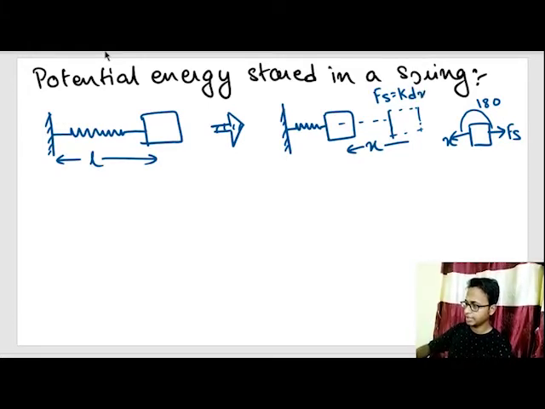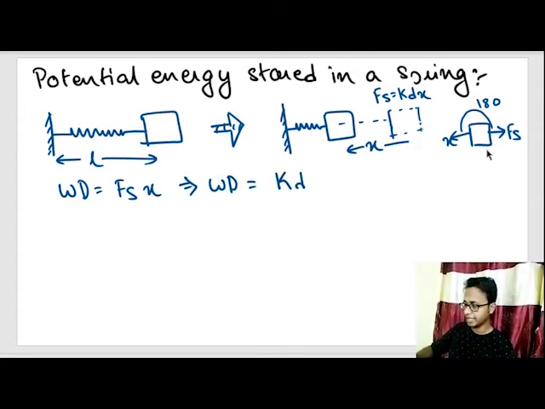K dx. As I move the spring a little bit towards left, the force changes. Therefore, intuitively, by now we know that work done is equal to force of spring into x. We have to integrate this, or work done is equal to Fs substituted by k dx. Okay, from here, and x. This whole term is F, force of spring, and this term is displacement.